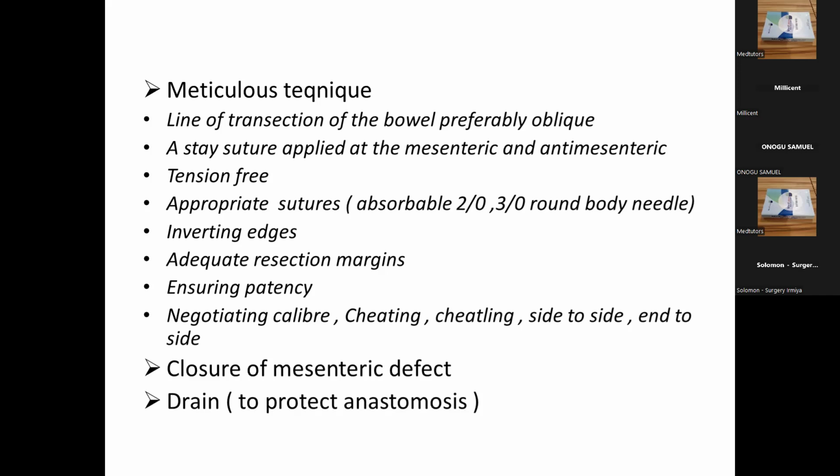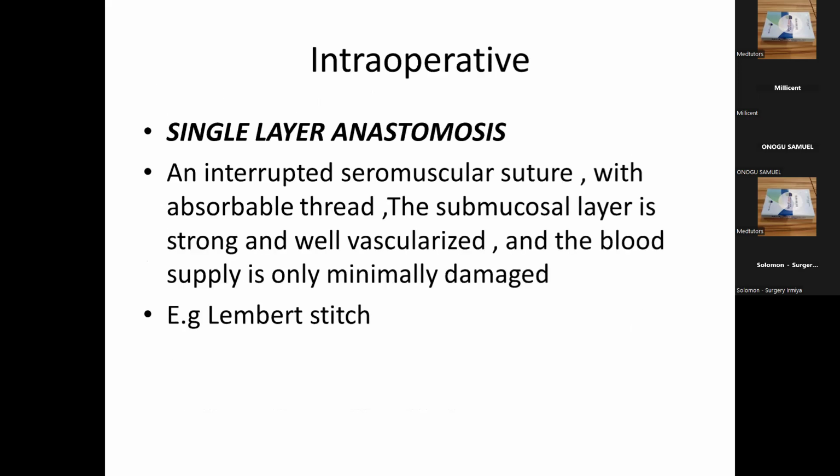Also, it's sometimes advocated to put a drain to protect your anastomosis from spillage. This is typically done for pelvic anastomosis. Also, intraoperatively, there is the choice of anastomosis technique: either the single layer anastomosis, which typically involves an interrupted seromuscular suture, usually with absorbable thread, and the